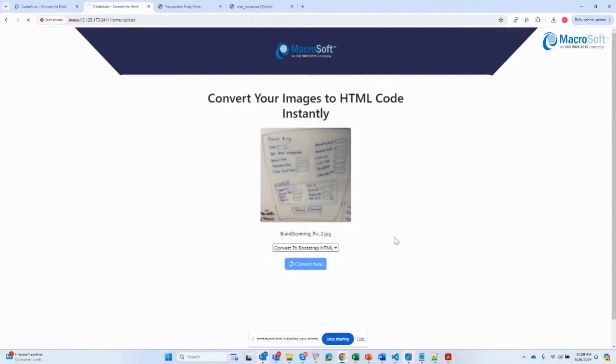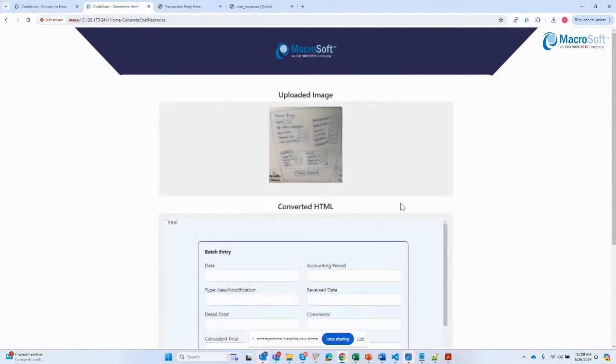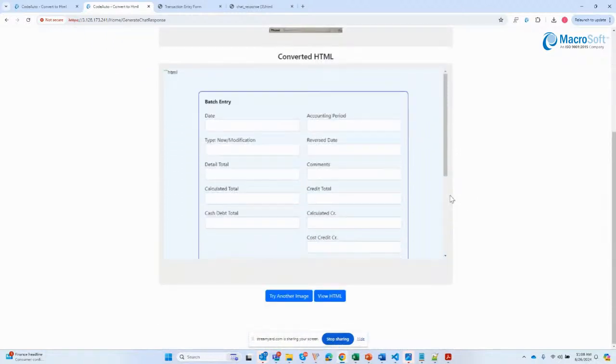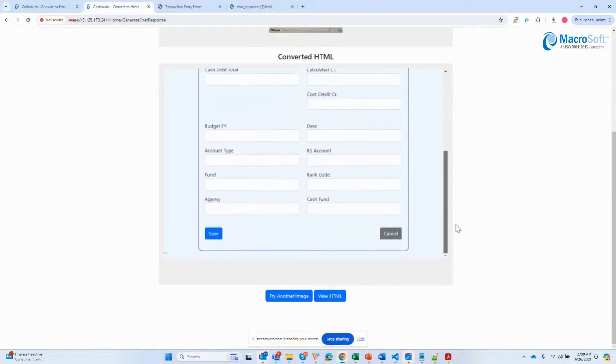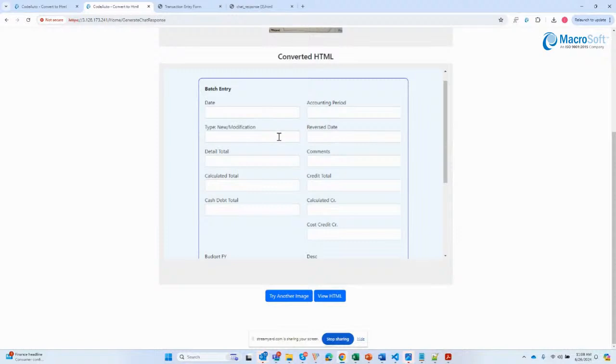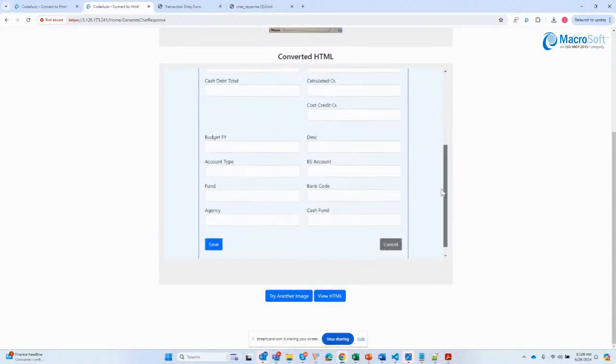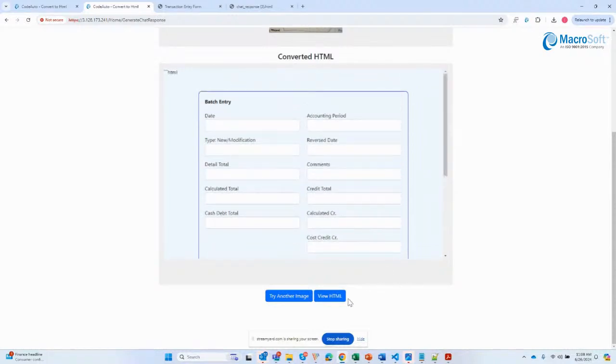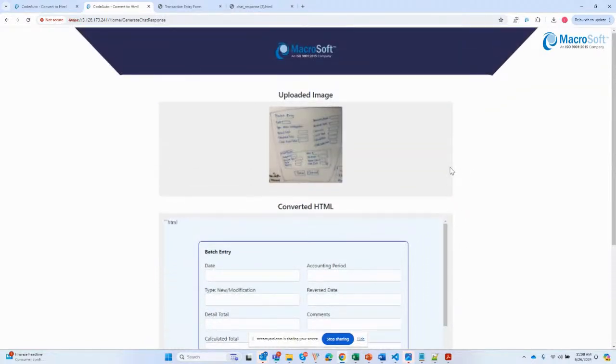So it is doing this, and it's really giving a very good baseline for our developers to take this HTML from there and start developing their space. So you can see it's a little more complex than the previous one, but it generates a very good screen. It has two columns, all the labels are there, and it generated really very well. So we can go and view the HTML, but before that, I want to try another one,